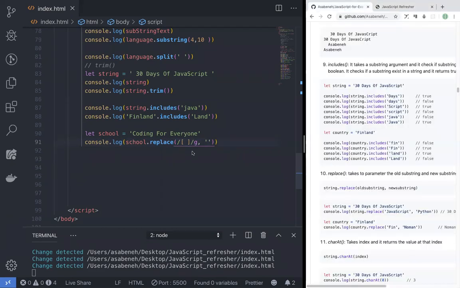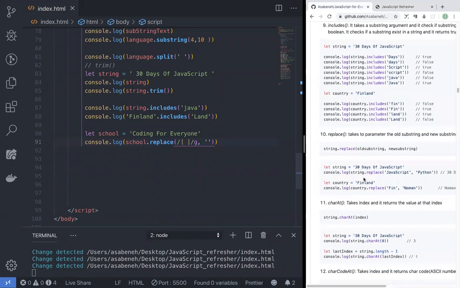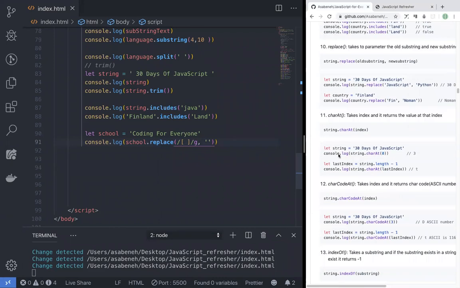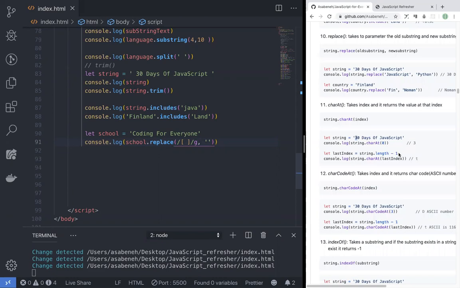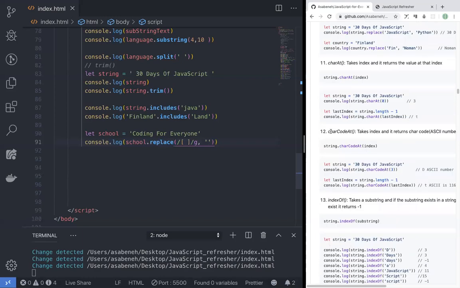Okay, yeah, thank you, Pavel, for that. Yes, I was thinking about it. charAt takes an index and it returns the value at that index. For instance, charAt 0 is going to be the first character, and then charAt at this point is going to be t. So string.length minus 1 is the last character. charCodeAt gives you the ASCII number